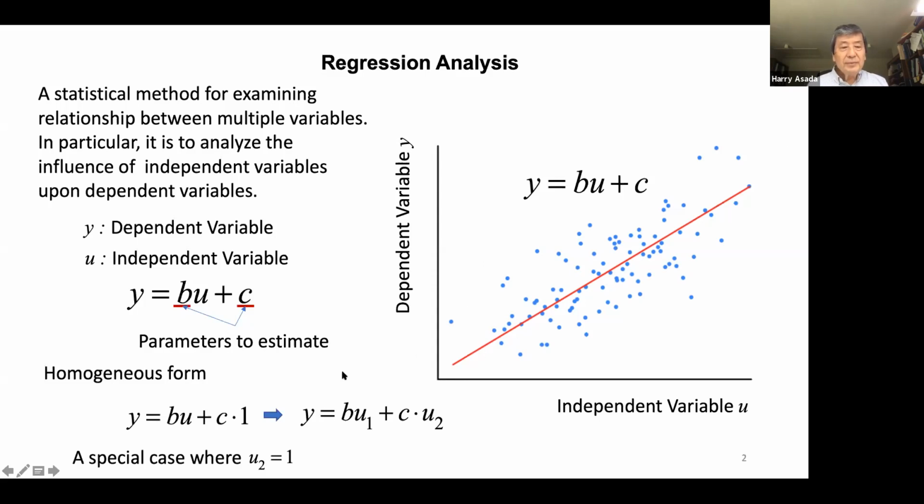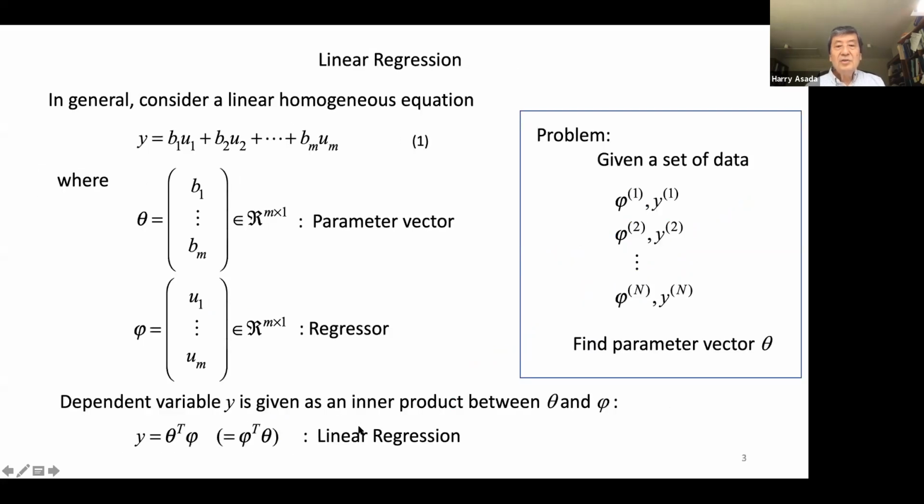Now, just a mathematical trick, we like to use this homogeneous form. Although we have just one independent variable, artificially we create the second variable, U2, which takes the value of 1 all the time. Then this expression with this constant can be expanded to this homogeneous form. In general, we deal with this type of linear homogeneous equations where U1 to Um are independent variables, and B1, B2, Bm are